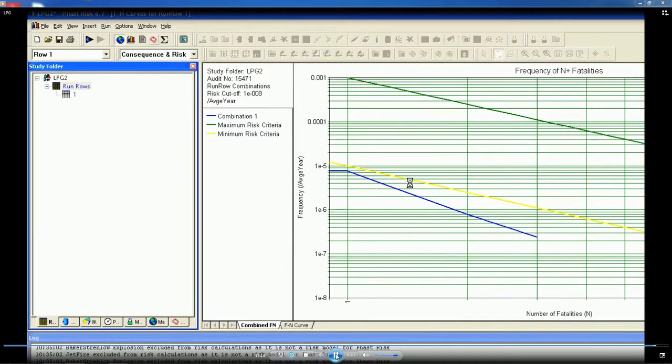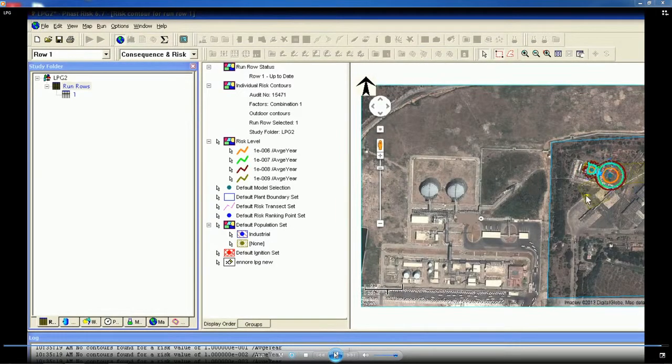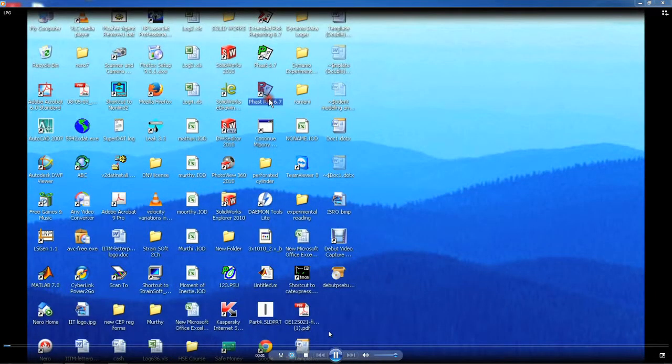One can also see the risk contours plotted, and the risk contours can be available in terms of individual risk contours available here, and now you can see also the orange one has now changed, 1 10⁻⁶ per average year, it has moved to the point where the population density is now focused. So it gives you both societal and individual risk in terms of graphical output, and that is the point of interest. So it is a fast risk software which has been demonstrated for you for your problem.